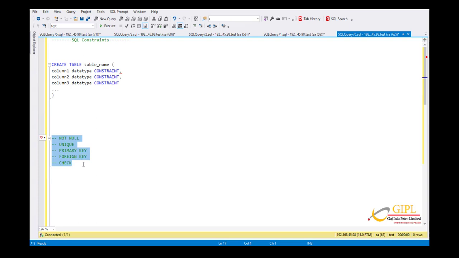Column level constraints apply to a column and table level constraints apply to the whole table. So the following constraints are commonly used in SQL: not null, unique, primary key, foreign key and check. Not null ensures that a column cannot have a null value. Unique constraints ensure that all values in a column are different. Now we define a primary key.